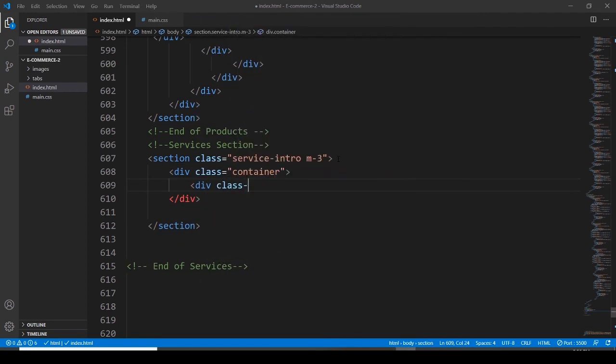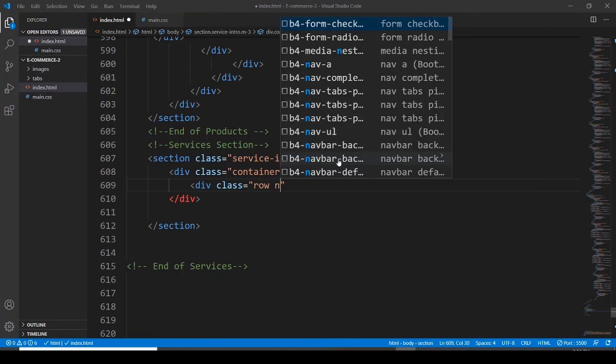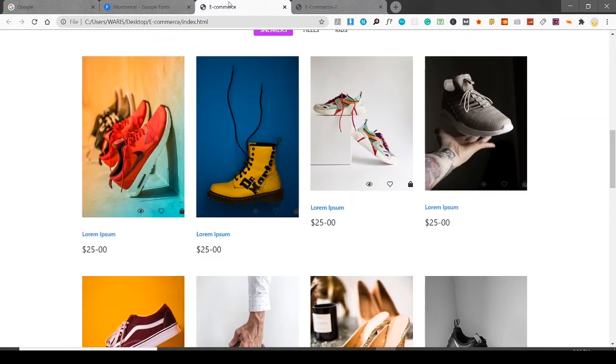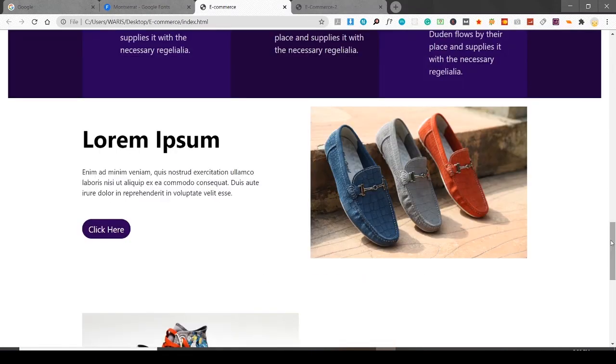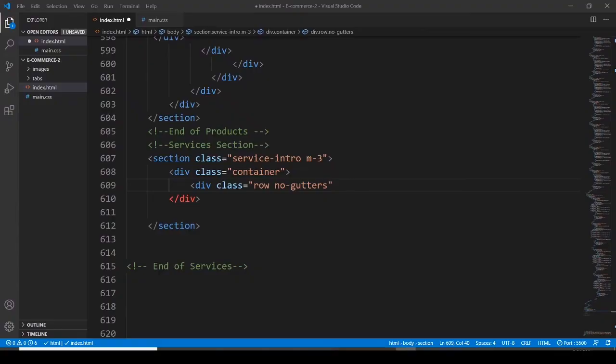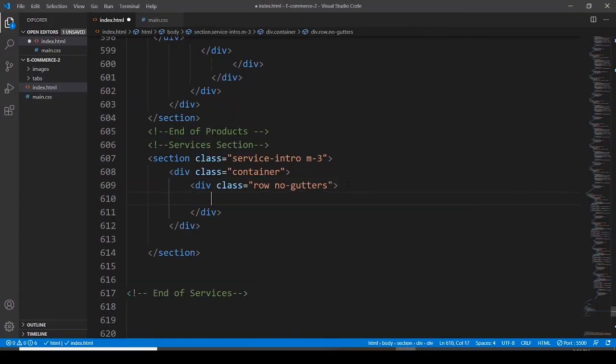Another division, assigning it a class, and this time the class is going to be row and no gutters. I don't want the space between, because if you notice here is the service section, so there isn't any of this type of space. Okay, so I don't want to have gutters here, so no gutters. And then a division, assigning it a class, and this time the class is going to be,